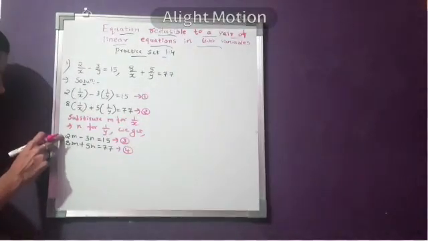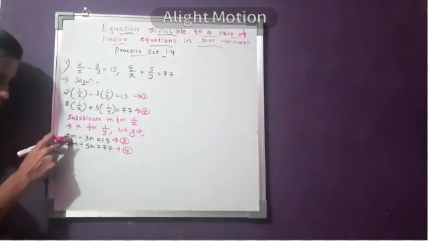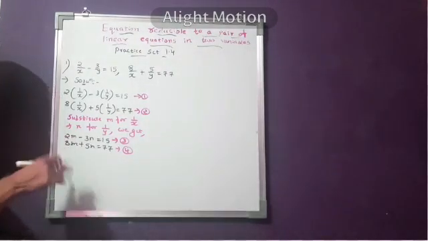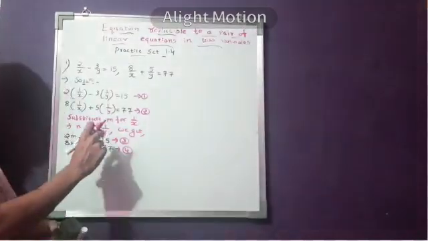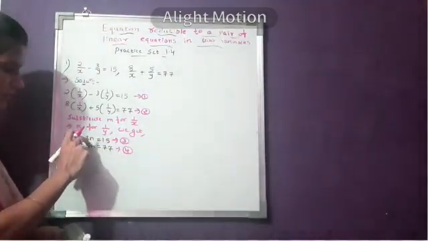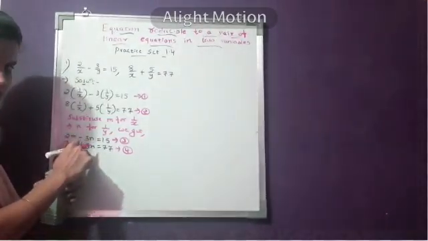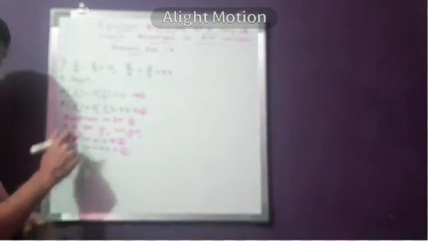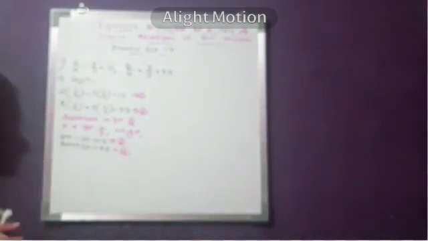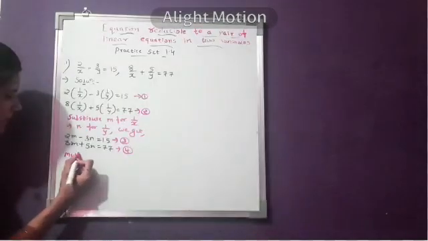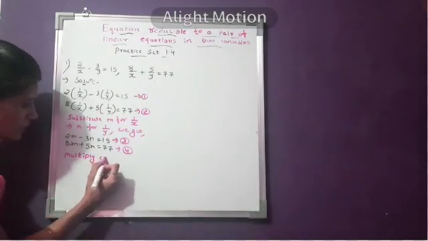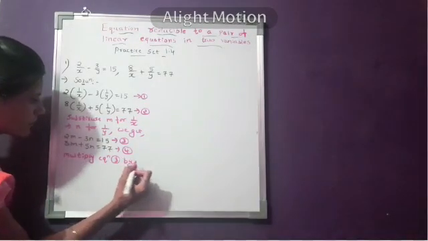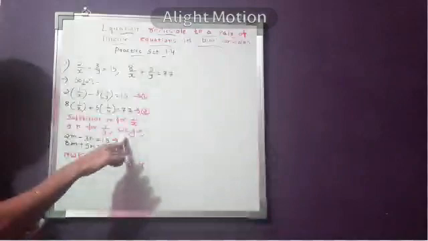Observe the equations, my dear students, how we can solve for m and n. Either I should multiply equation number 3 by 4, then it will become 4 2s are 8. Then we can subtract easily. Otherwise, another method is I can multiply this one by 3, 3 5s are 15. So 15 and 15, and we can easily add because one is negative and one is positive. I'll go for the first method, that is multiply equation number 3 by 4. So what will happen once you multiply equation number 3 by 4?